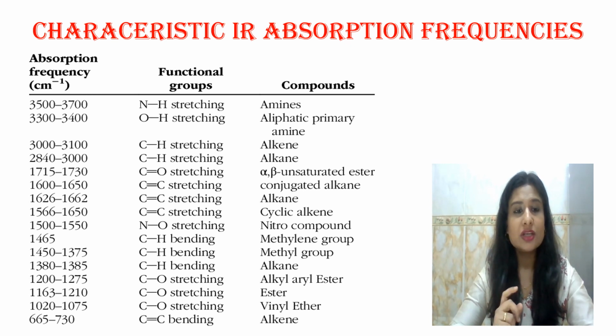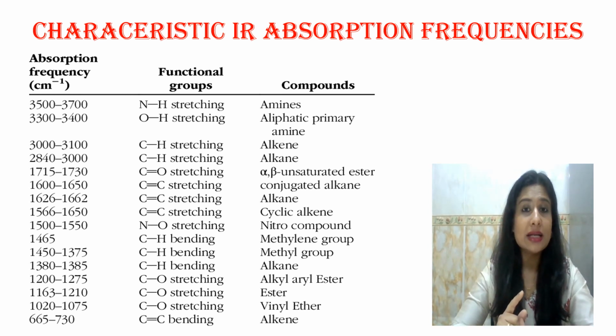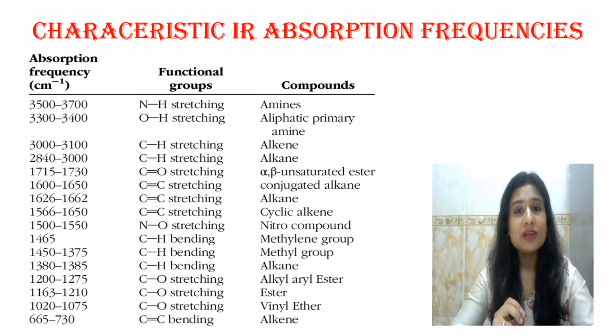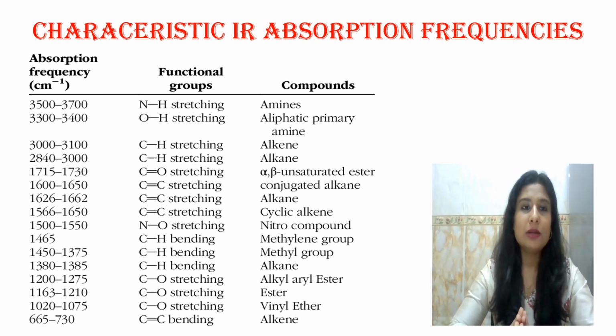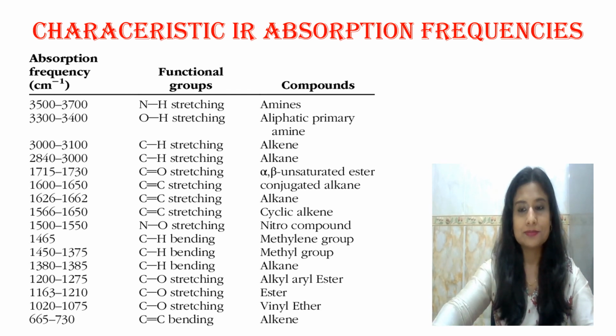Like NH stretching, OH stretching and CH stretching, they appear at around the same wave numbers. And I already told you that it is the shape of the bands that will help you differentiate between all these absorption bands. Similarly, we have CH stretching, we have CO stretching. I hope you find it easy from all the concepts that we have learned so far. So learn this and I'm sure it will be helpful in solving questions.